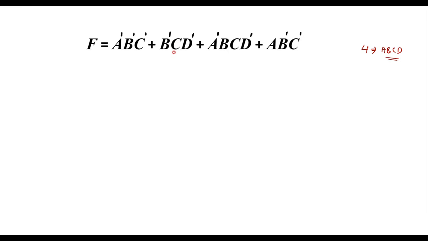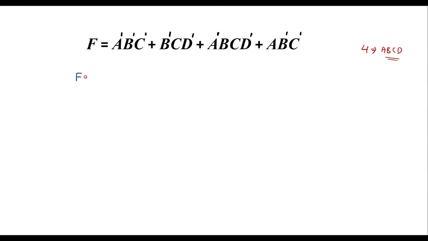Here a variable is missing, we need to add a variable. Here all 4 variables are present, so no need to do anything. Here d variable is missing, we need to add d variable. That is called standard SOP. Let me bring this SOP to standard SOP. So I can write it as